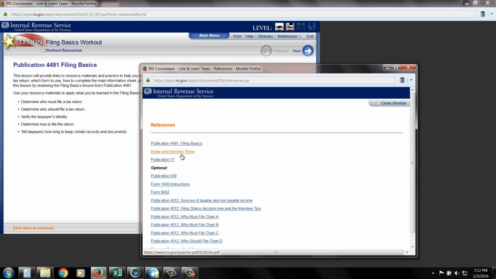So this is like what I was talking about here, this interview sheet. You can ignore that since we're not doing anything. But like publication 17 has a lot of information. Publication 4491. You don't need to memorize any of those publications. That's just the names. You can always look them up at any time. And then there's a whole bunch of forms and publications down here. So there's going to be probably more information than you really need, but those are just available for you